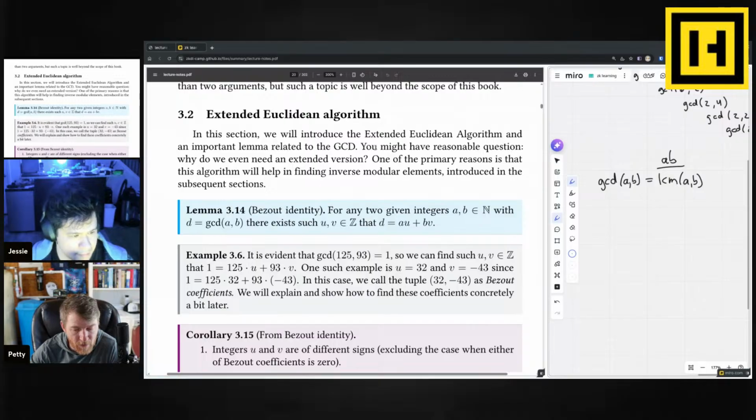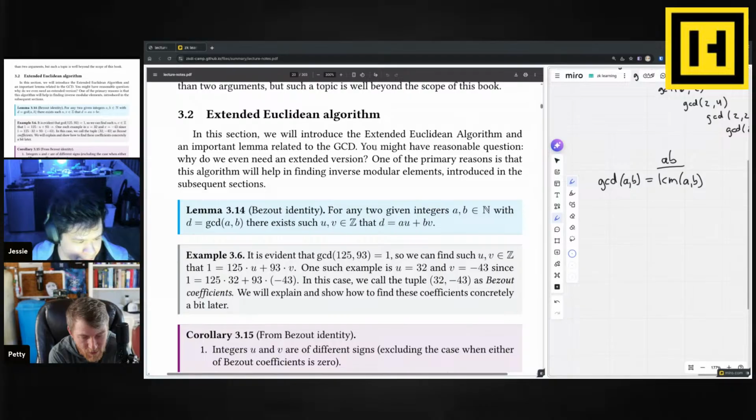Inverse modular elements, interesting. Lemma 3.14, the Bezout identity. I had to look that up. Bezout? Yeah, it's French. I'm American. Bezout. For any two given integers A and B,